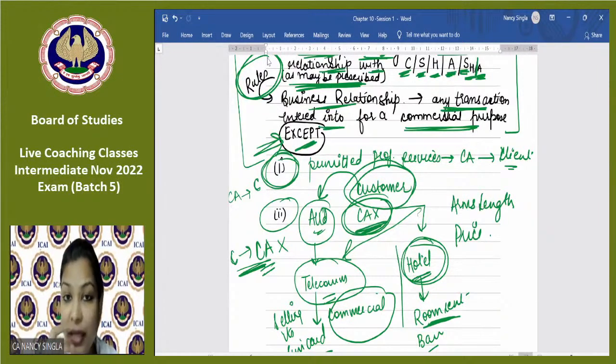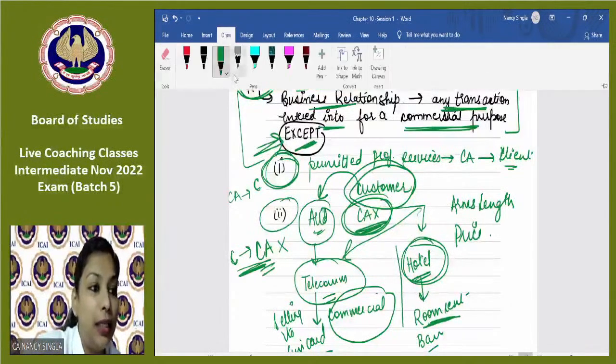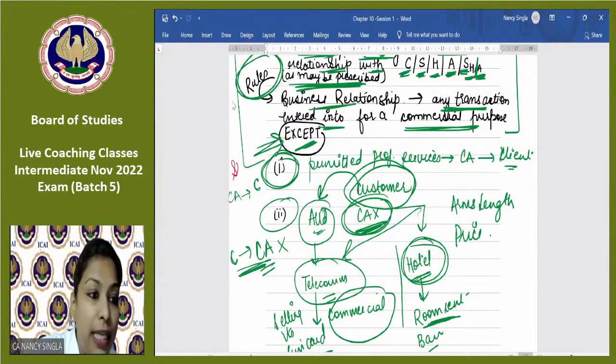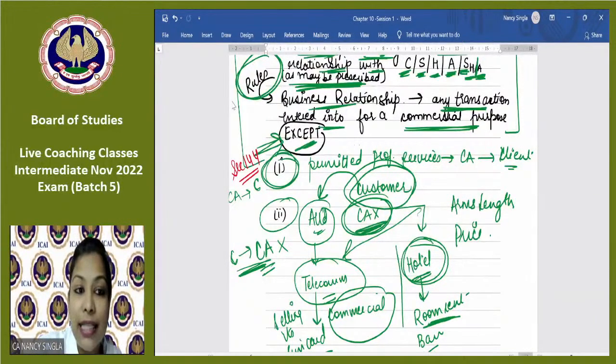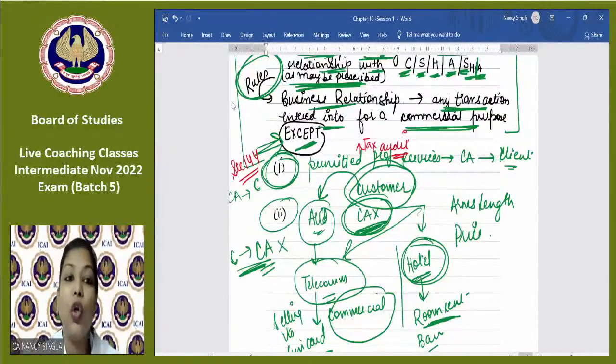Permitted. And from here, let me just tell you that in this session itself, we will be doing section 144. Certain services which are prohibited, a CA cannot, an auditor cannot render certain class of services to the client, है ना. So if permitted professional services, permitted का example I have given you what? Tax audit. तो अगर statutory auditor देखना है and you're already the tax auditor of the company, then that CA is not ineligible. He is eligible to be appointed as the statutory auditor. Why? Because ये business relationship में नहीं आया.